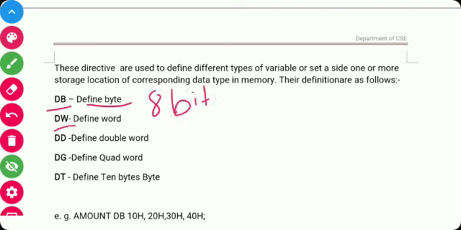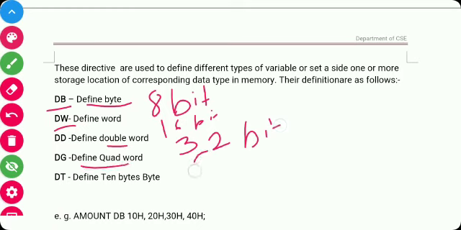DW is define word, which is used to define a variable of 16 bits. DD is define double word, used to define a variable of 32 bits. DQ is define quad word, used to define a variable of 64 bits. And DT is define ten bytes, used to define a variable of 80 bits. So it is used to define a variable of a particular type.